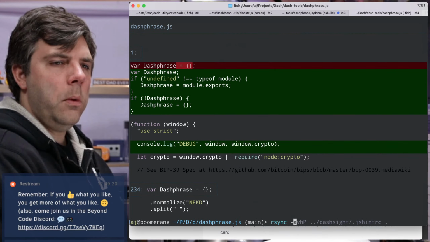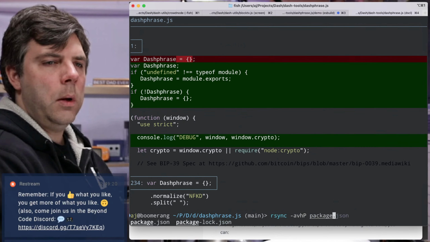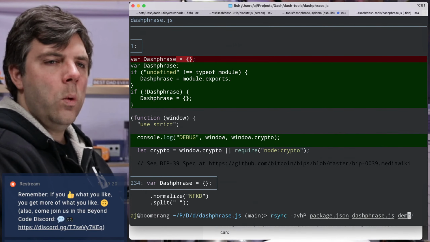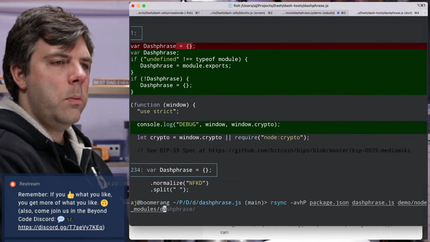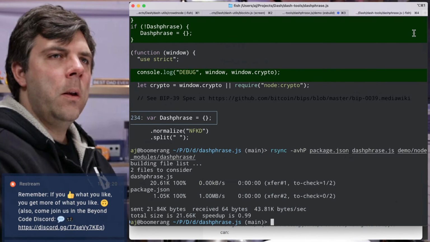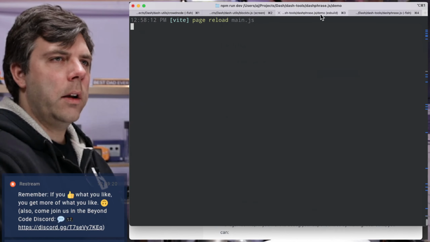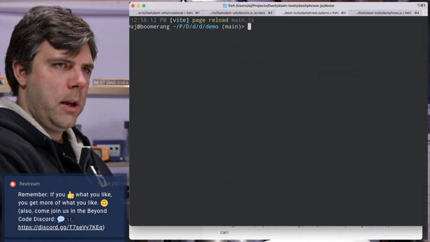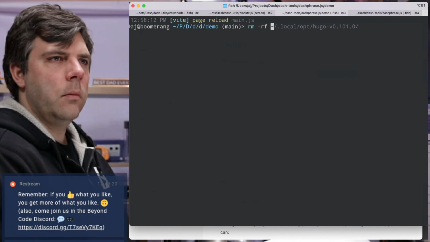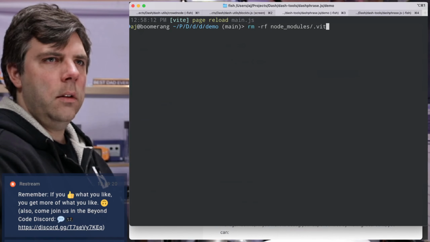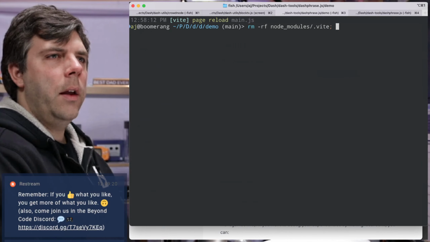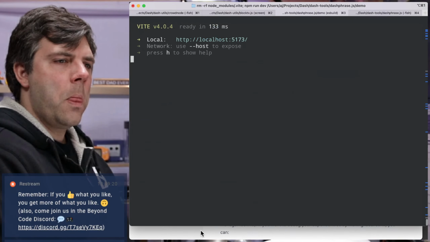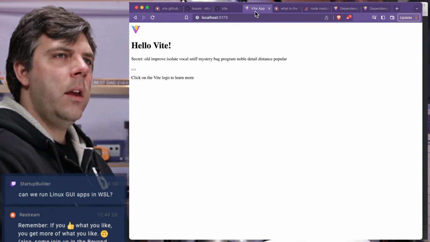Okay, so here's what we're going to check that we can do. We're going to take package.json, we're going to take dash-phrase.js, we're going to put it in demo node_modules dash-phrase. So that's the correct direction to go with this. Okay, we are going to rm -rf node_modules/.vite and then npm run dev. All right, and then